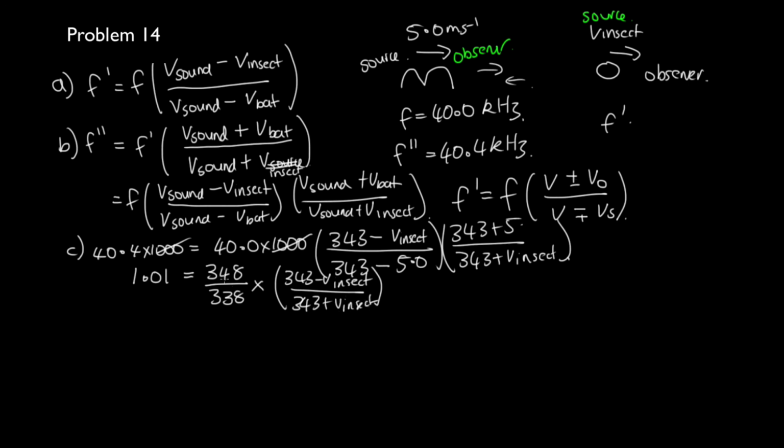Okay, so we can move these numbers over to this side, and we end up with 0.98097 is equal to 343 minus the velocity of the insect over 343 plus the velocity of the insect, and